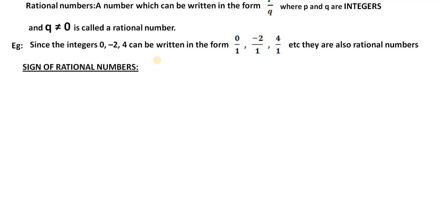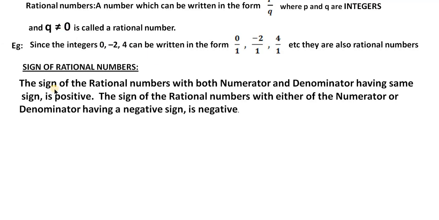Okay, now coming to the sign of rational numbers. See, some forms are here. The sign of a rational number with both numerator and denominator having the same sign: numerator and denominator both are positive means that rational number is a positive number. And in some other case, both the numerator and denominator are negative. In that case too, that rational number is considered as